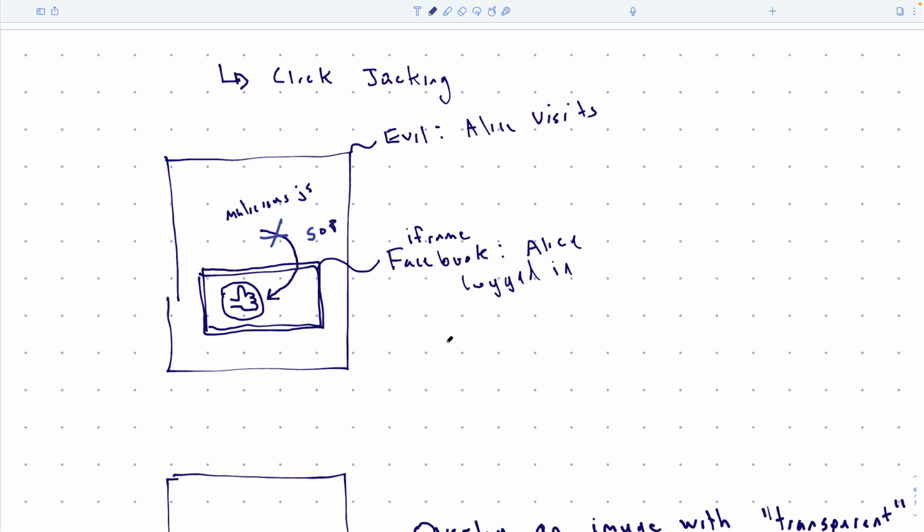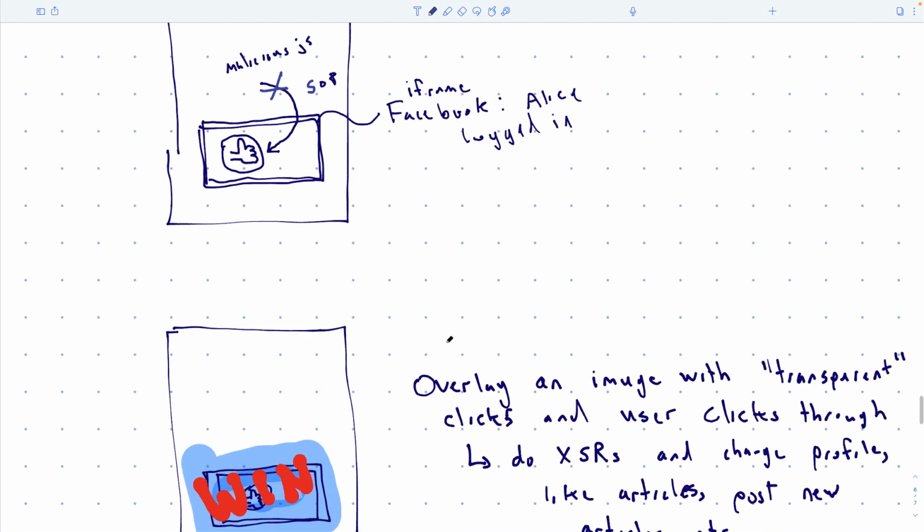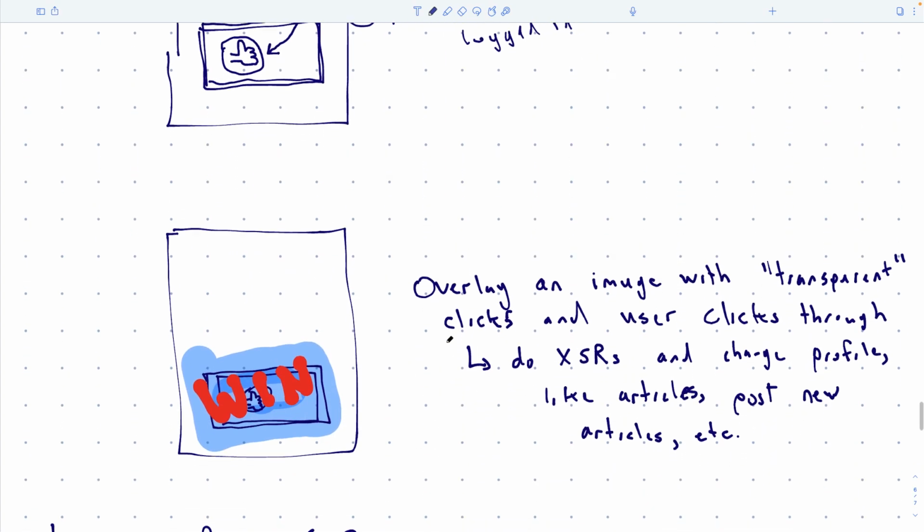Okay, so what do? Well, you can control the website. You control the layout of the website. So what if you made an image that's like, oh, here, you want to win some contest. Here's some wheels or something like that. You can spin them like a lottery machine or whatever it is. You'll win $100. And you put that right over the iframe that has the like button underneath it.